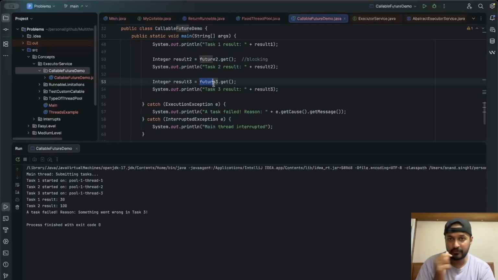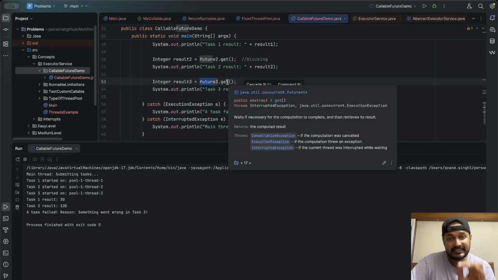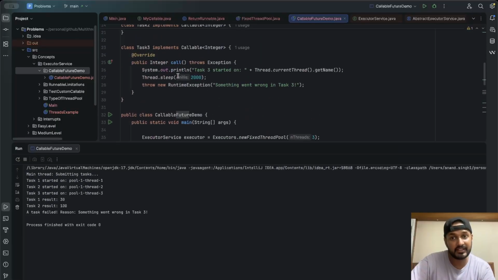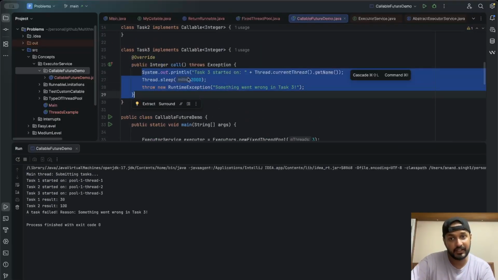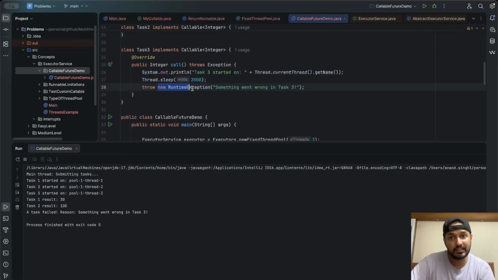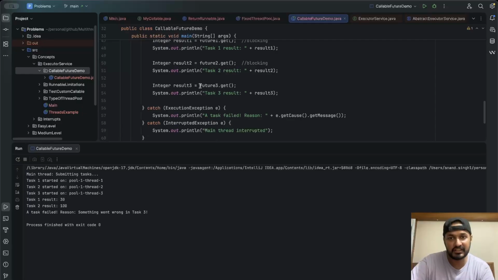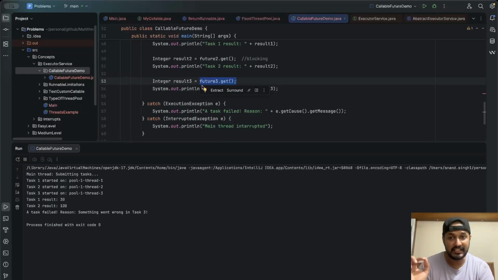When you wrote future 3 dot get, task 3 actually threw a runtime exception. If you see here, after 2 seconds, task 3 threw a runtime exception, and the error was something went wrong in task 3. So when you wrote future 3 dot get, the exception doesn't crash the main thread silently, right?